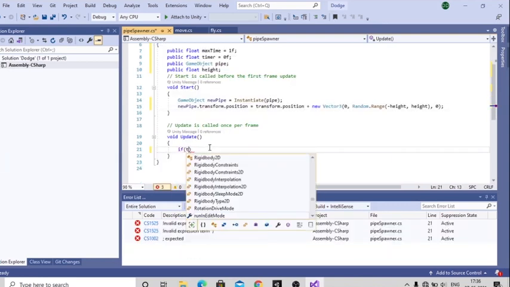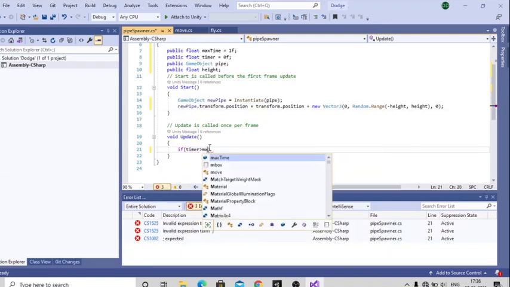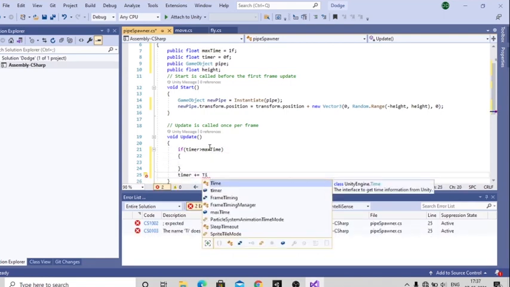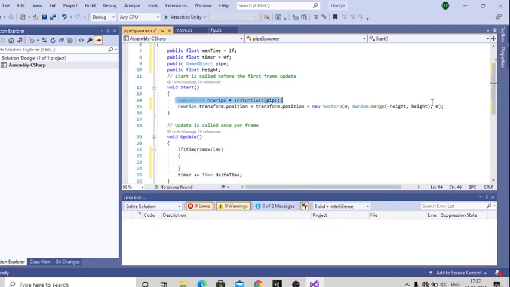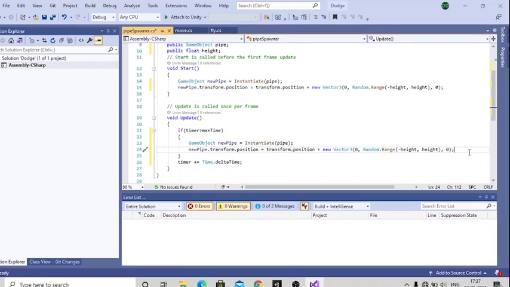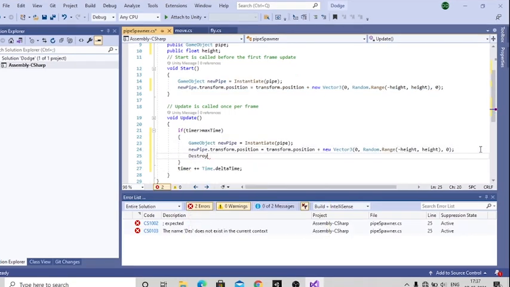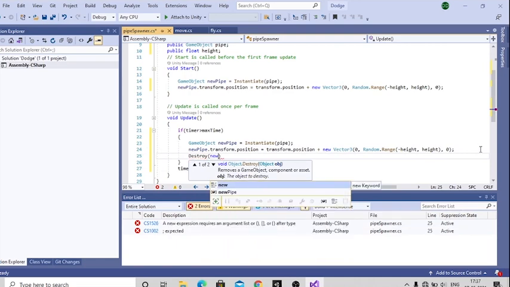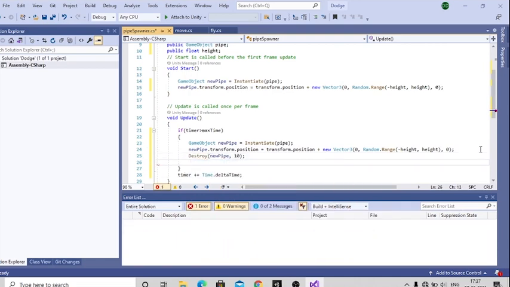In the update method, we also need to instantiate the pipe one at a time when the timer is greater than the max time. Then destroy the pipes after 10 seconds so that it will not slow down the game, as it is an endless game.